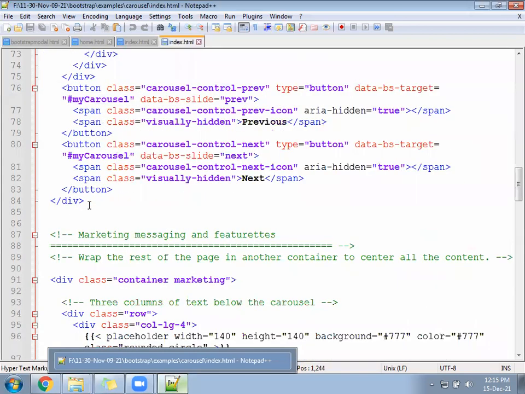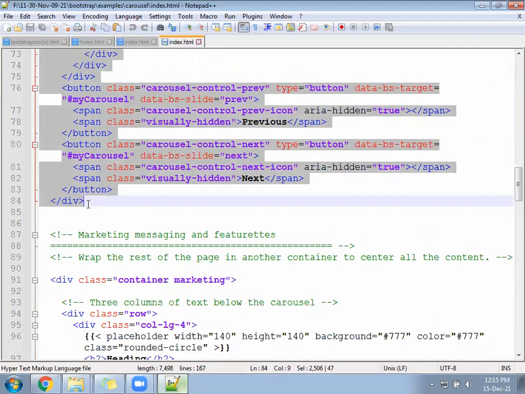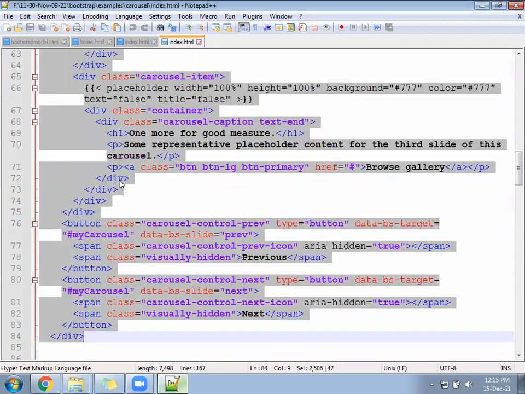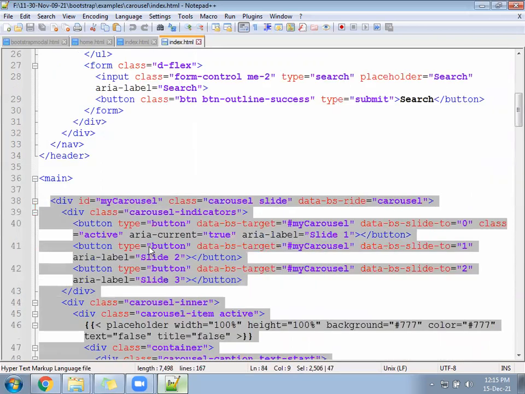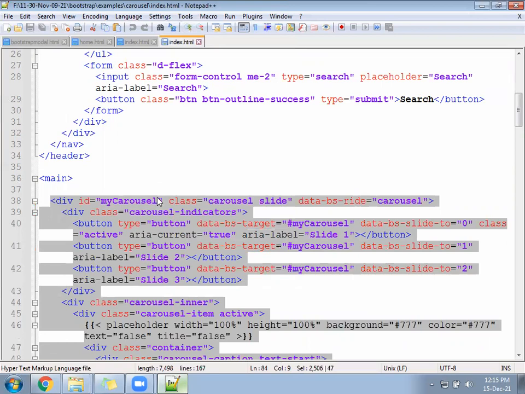Div to div you can copy properly. Copied.